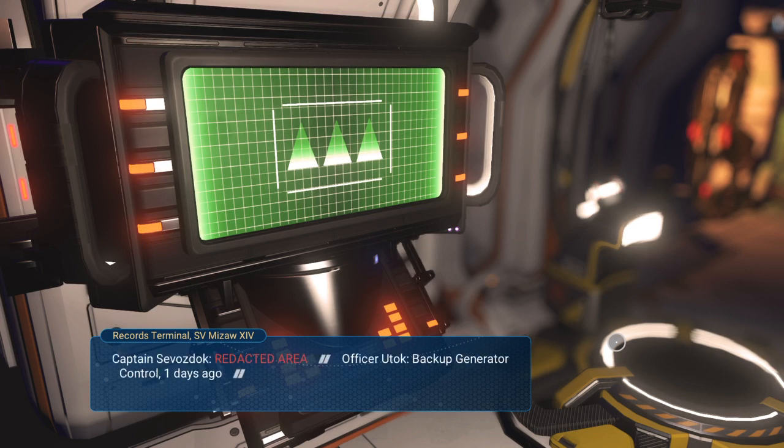Retrieving last known crew positions. Captain is in a redacted area. Officer Utok, backup generator control,